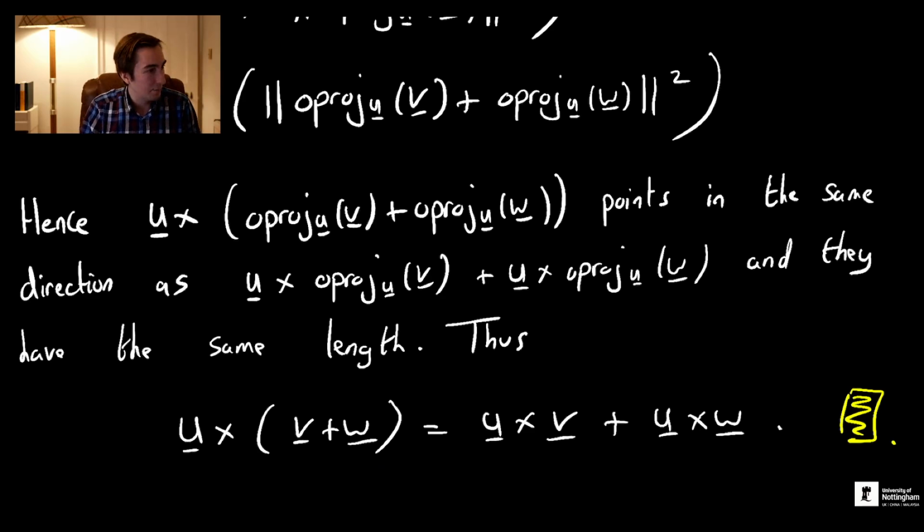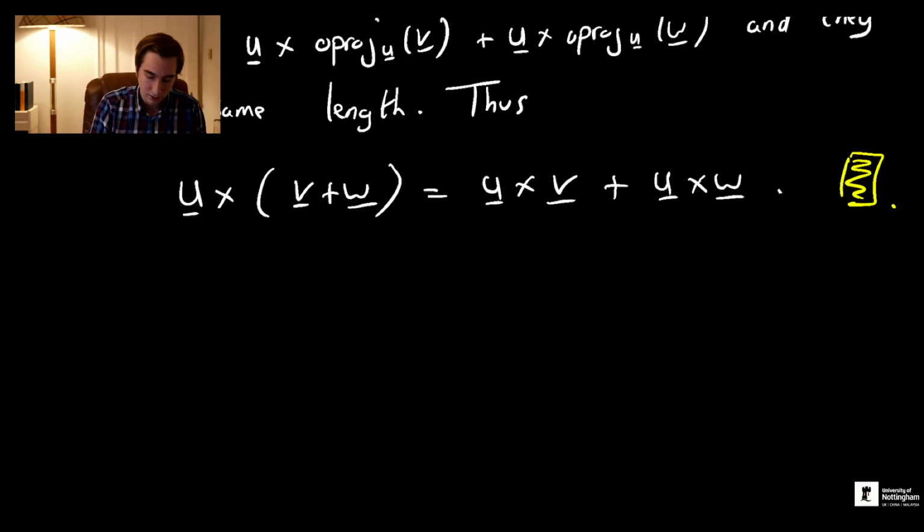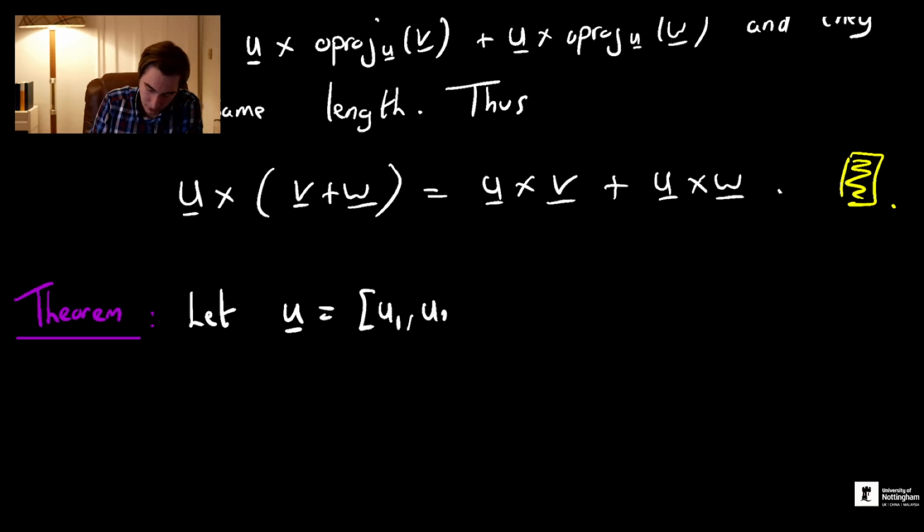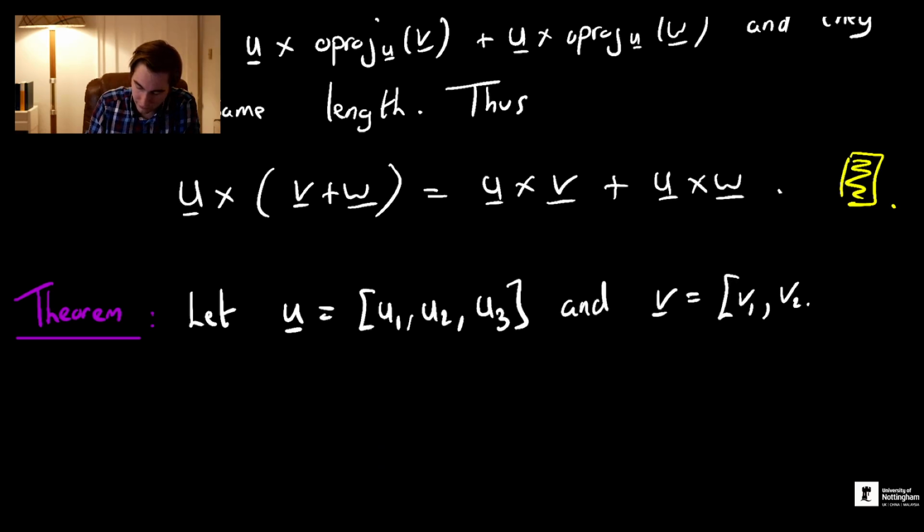Now, using that, we can finally arrive at the useful result, which is our theorem for how we calculate the cross product. Given the length of this video is already running quite long, and that calculation was rather tedious, I'll just state this and you can read the proof in the notes. It's just a simple application of the distributive rule. So if we let u equal u1, u2, and u3, and v equal v1, v2, and v3, be vectors in R3,